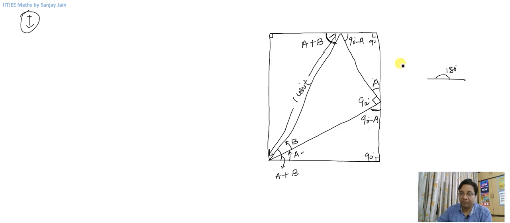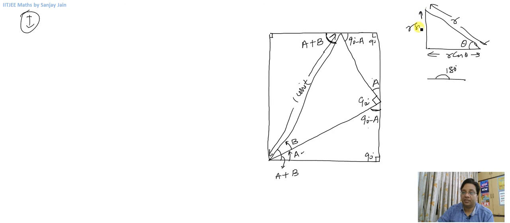Now look at this. What I am going to use here is the basic knowledge that we discussed in the very first lecture of trigonometry. If this is theta, this is r. So we said that this will be r cos theta and this side will be r sin theta. Which side is r sin theta? The side opposite to theta. And which side is r cos theta? The side adjacent to theta. And we also said if r is 1, then this side will be cos theta and this side will become sin theta. So we will use that.